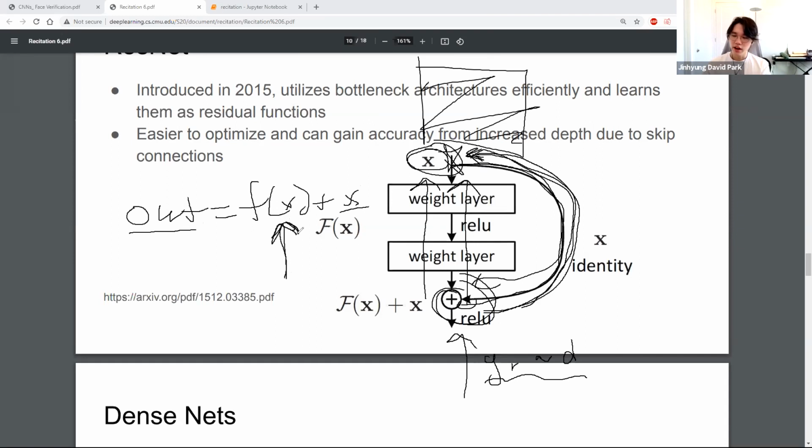And there have been papers that talk about this being kind of like an ensemble, because if you have a bunch of these blocks, for each block, you can either choose to take features from this or this. And then for the next block, you have that same choice. So you end up having like 2 to the n different paths from the input to the output. And that's kind of like an ensemble of 2 to the n